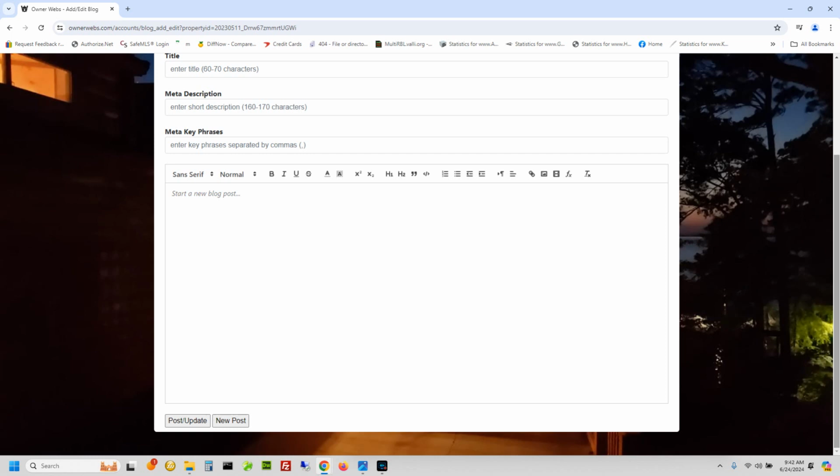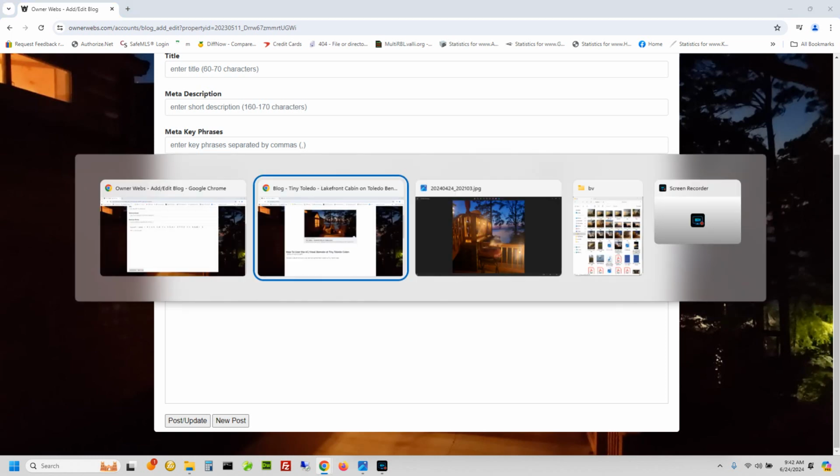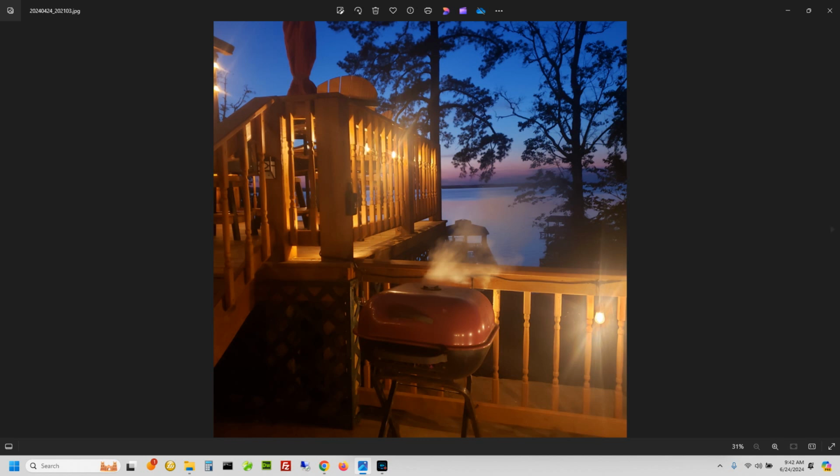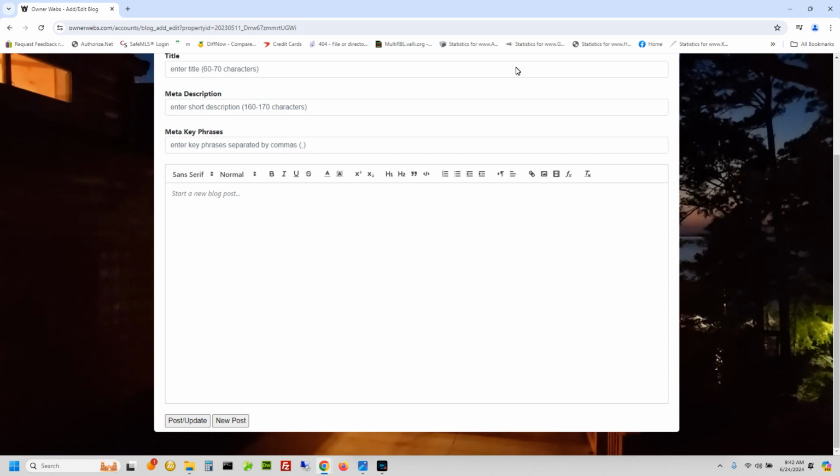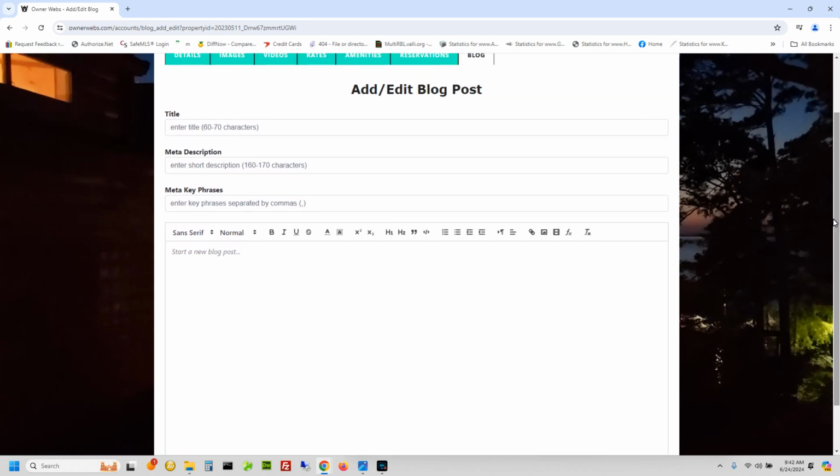whistles. So what I've chosen as my next blog post to give you an example of here is I want to talk about grilling in the evenings at Tiny Toledo. Alright, so that's the subject matter I'm going to be talking about here. So what I'm going to do is pick a title. I'm going to try to think about what people may be searching for before I title this, which would be,